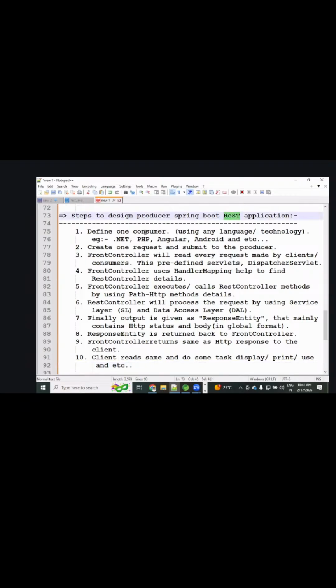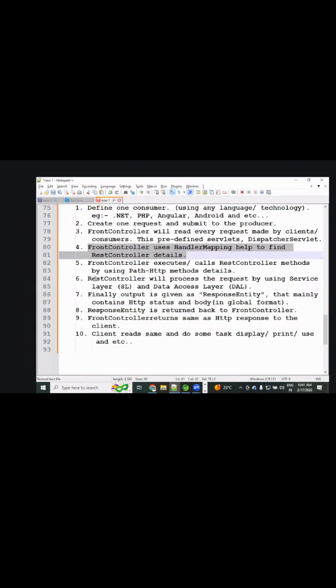You have to define one consumer by using one language or one technology. Create one request and submit to the producer. Front controller will read what? Every request made by the clients or consumer. Maybe it can be servlets or maybe dispatcher servlet, whatever it is. The front controller uses handler mapping, which helps to find the REST controller details.